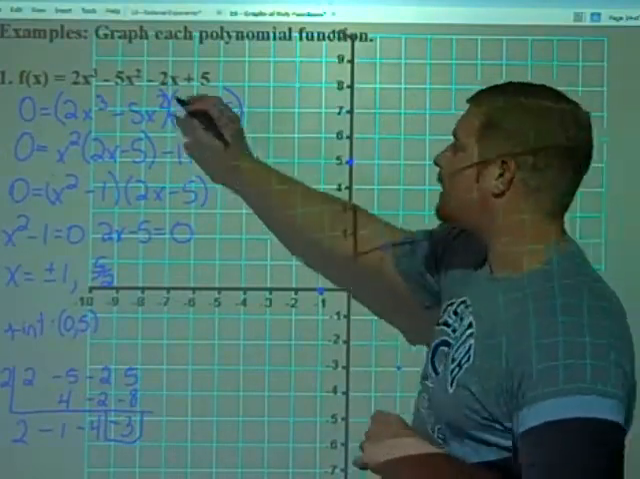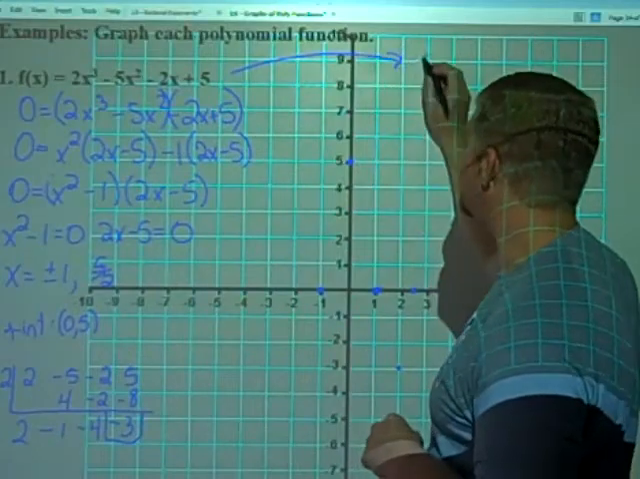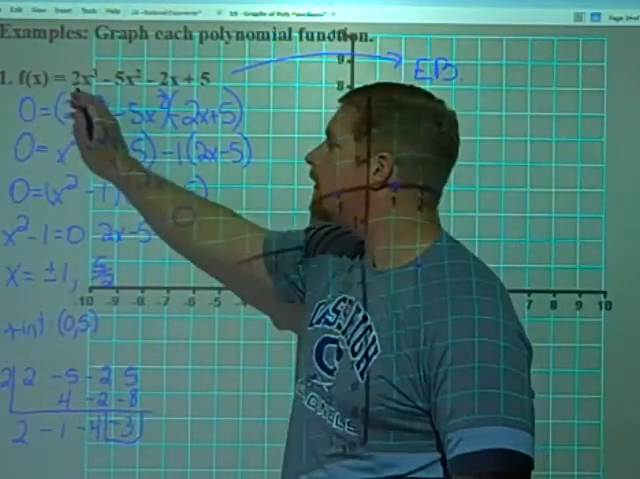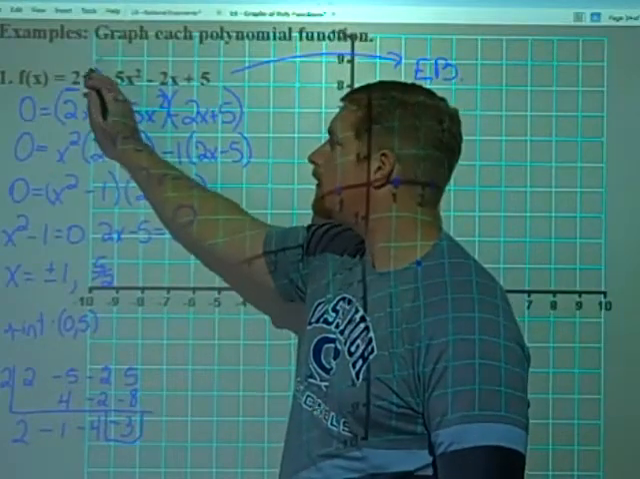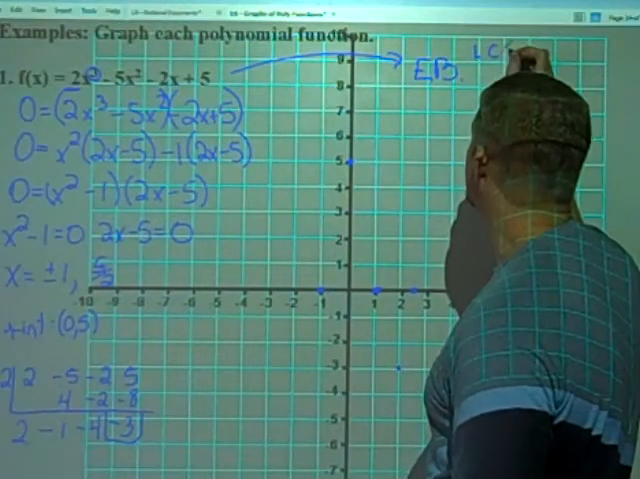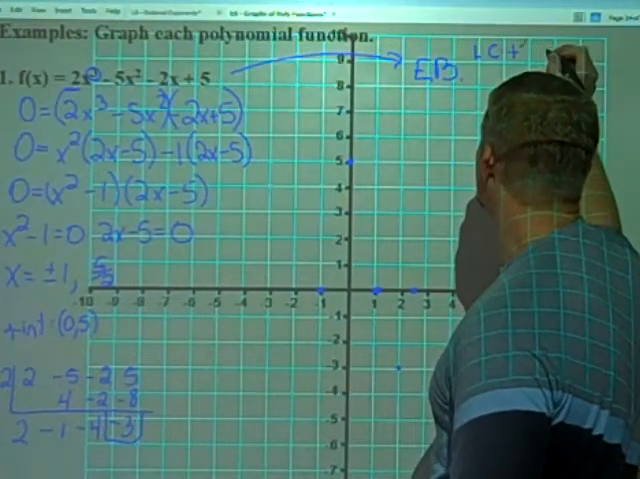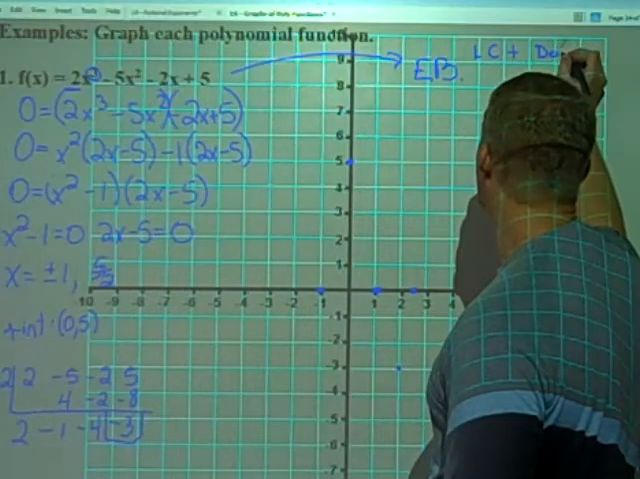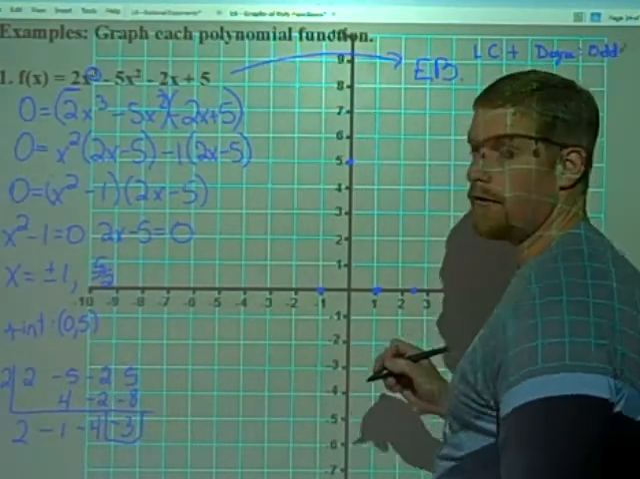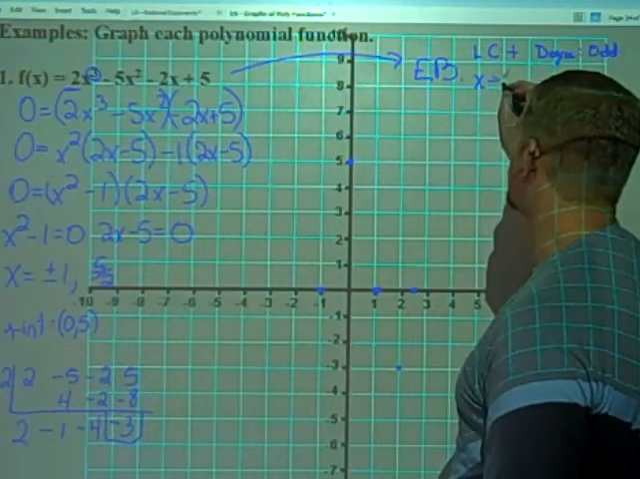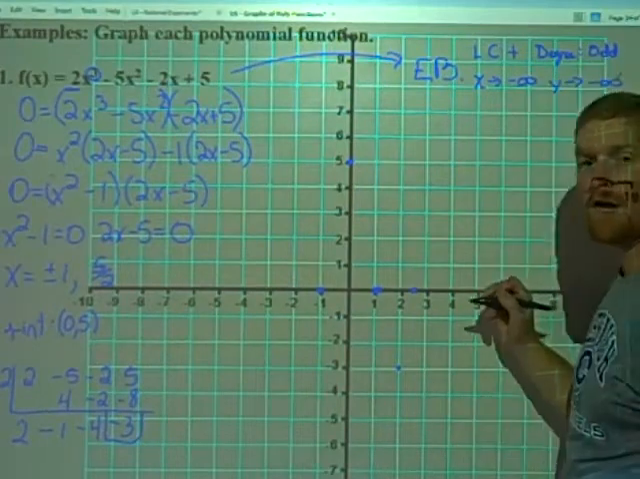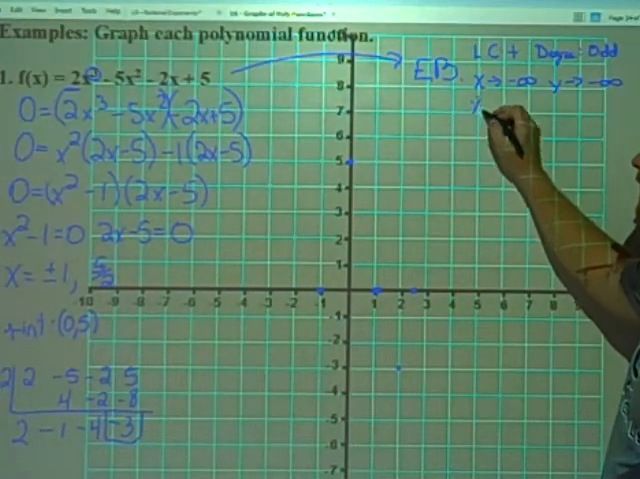If I'm thinking about the end behavior, I need to focus on the leading coefficient and the exponent, the degree. Well, the leading coefficient is positive, and the degree is odd. So therefore, as x approaches negative infinity, y approaches negative infinity. As x approaches positive infinity,